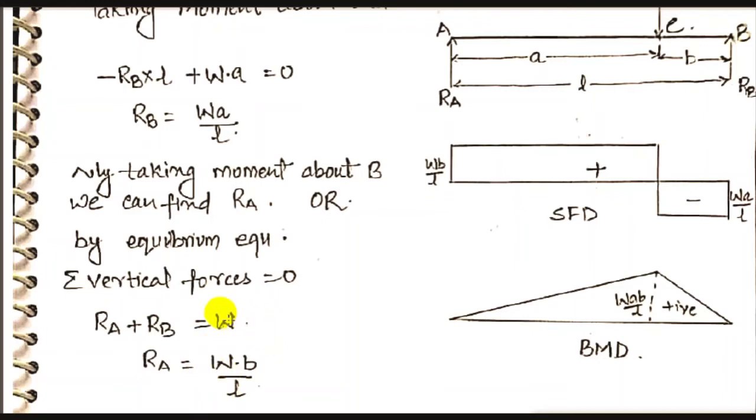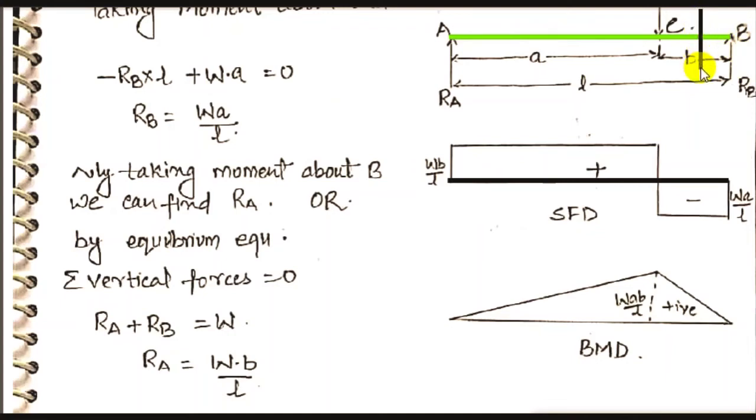Now we are going to draw the shear force and bending moment diagram. We know that for a simply supported beam, for shear force, we just first draw a straight line. Now consider a section at any point X in any portion. Let's consider a portion at this point.